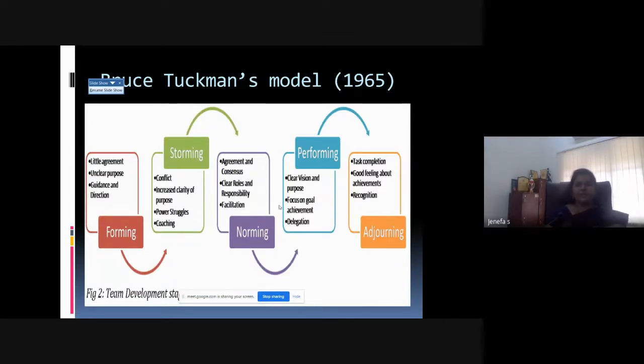Again, this is a very important model, Bruce Tuckman's model of team development. So how will the team be developed? What are the nuances in the team development strategy? You can use it in your classrooms and even in any other group work. So forming, storming, norming, performing, and adjourning. These are the 5 different stages in team development, group forming. Okay, so when you develop a team,